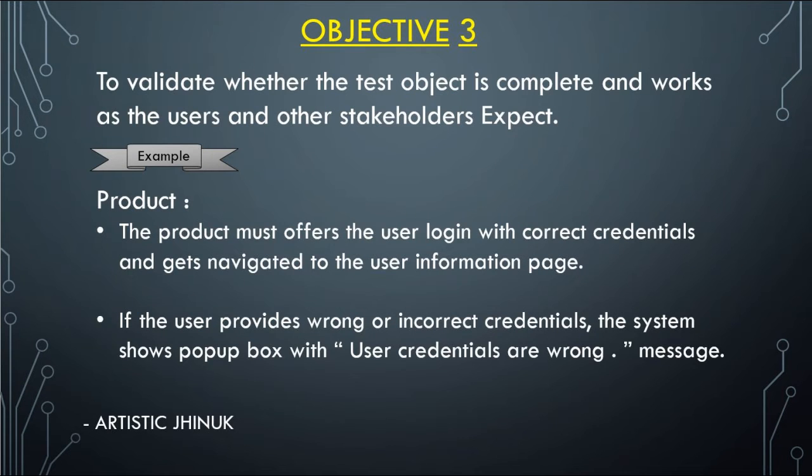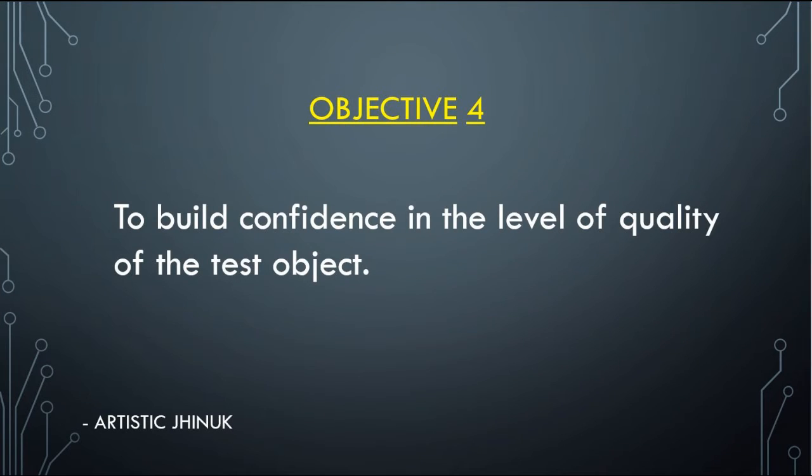The product must let the user log in with correct credentials and get navigated to the user information page. If the user provides wrong or incorrect credentials, the system must show a pop-up box with the message that user credentials are wrong. Let's now discuss the fourth objective of testing, that is to build confidence in the level of quality